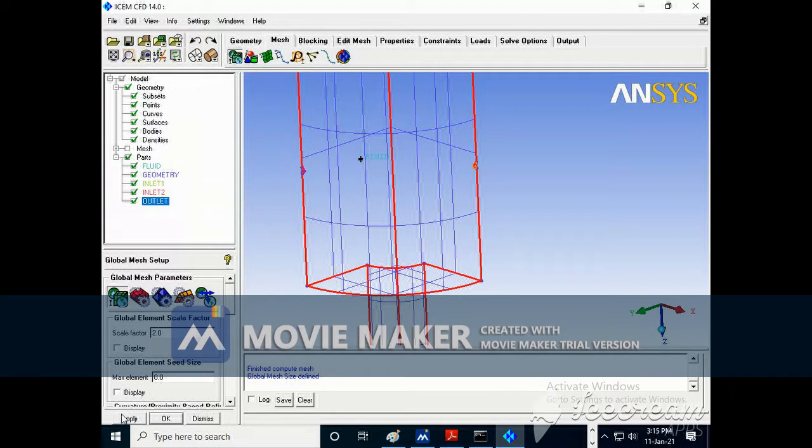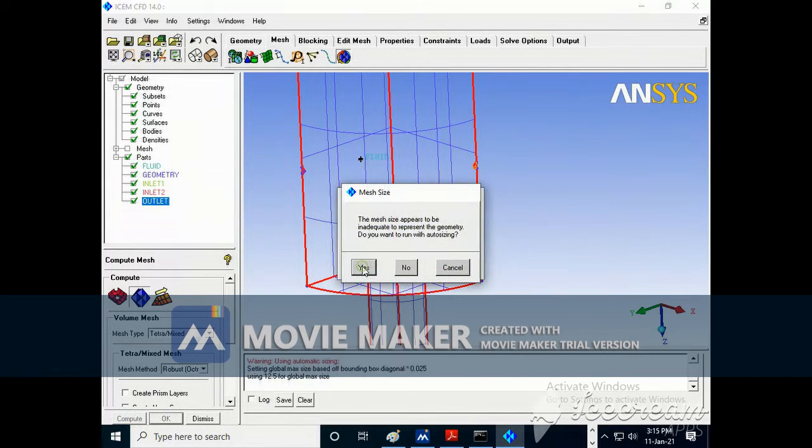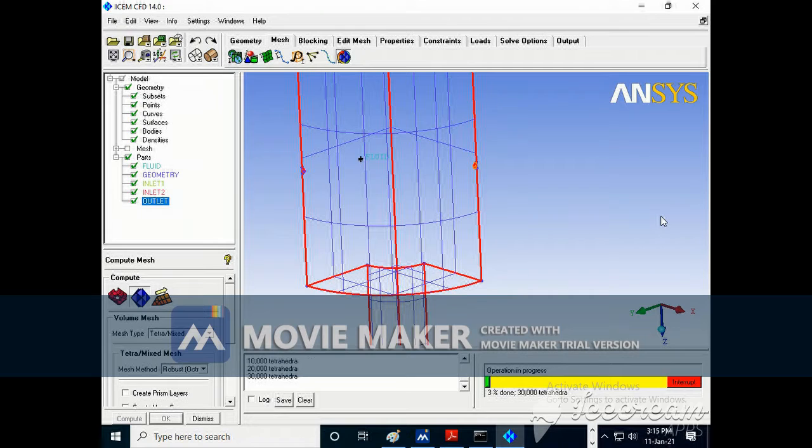So I will go for mesh, then tetra mesh, compute mesh, yes, replace, because I tried before.